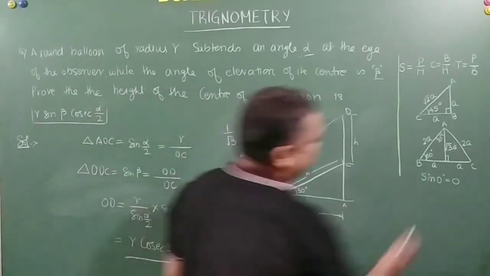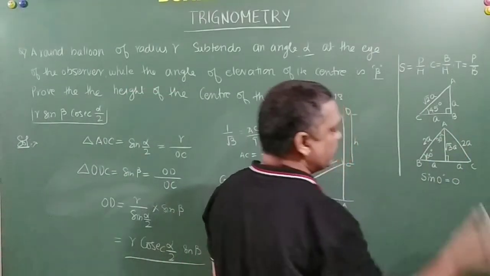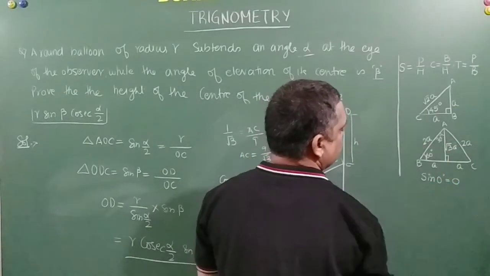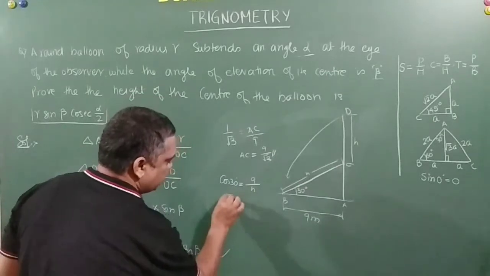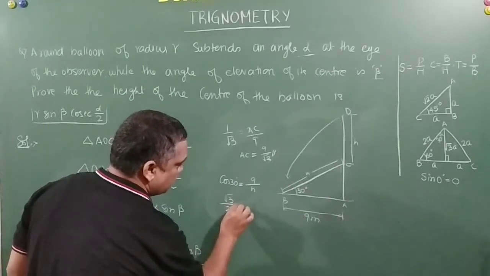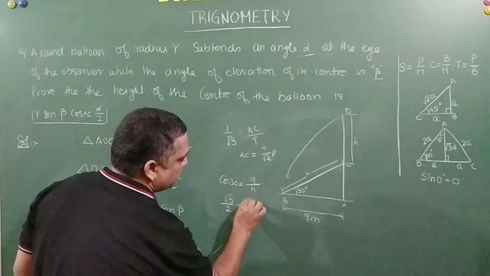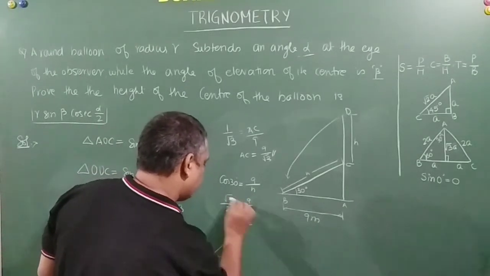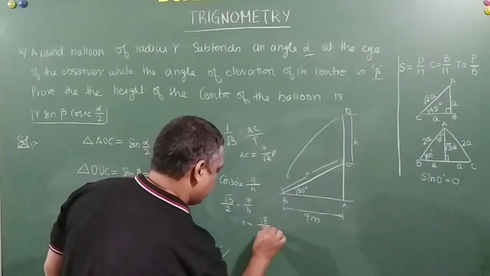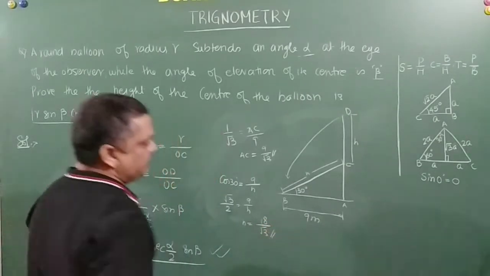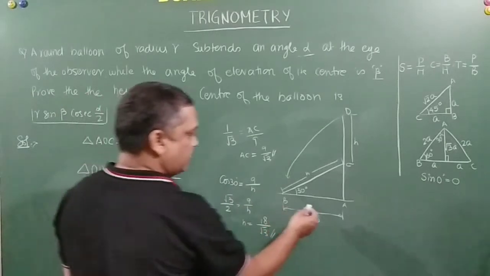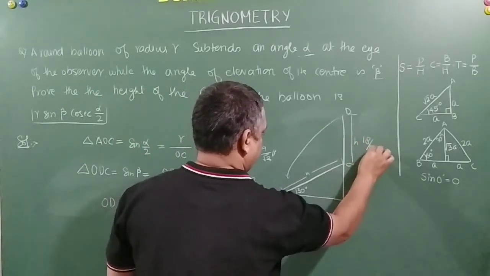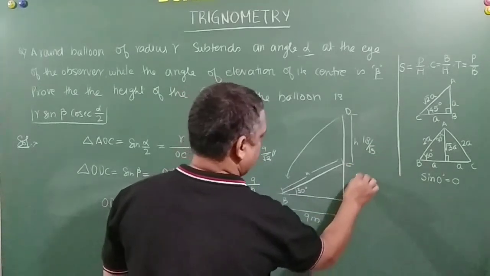Cos 30 is nothing but base by hypotenuse, right? Base is root 3, hypotenuse is 2, that is root 3 by 2 is equal to 9 by h, right? So h is equal to 18 divided by root 3, right friends? So we know this h is equal to 18 by root 3 and this height is nothing but 9 by root 3,